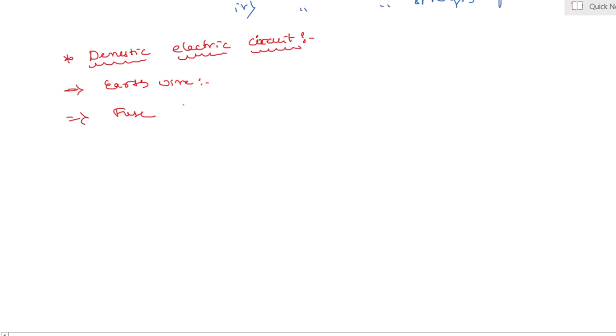Yes, my dear students. What is used here? Tin and lead. It means it is made up of an alloy, its melting point around 200 degree Celsius. At that time it melts. That's why the fuse is used as one of the safety devices. Next,